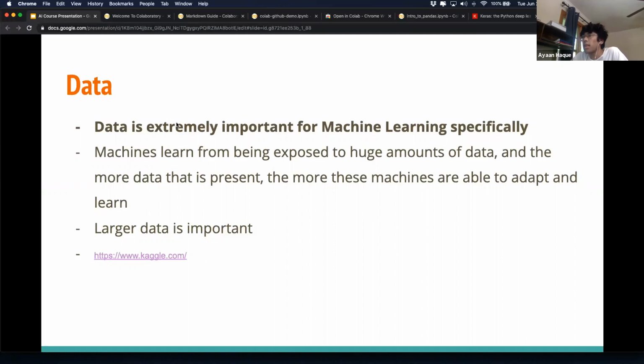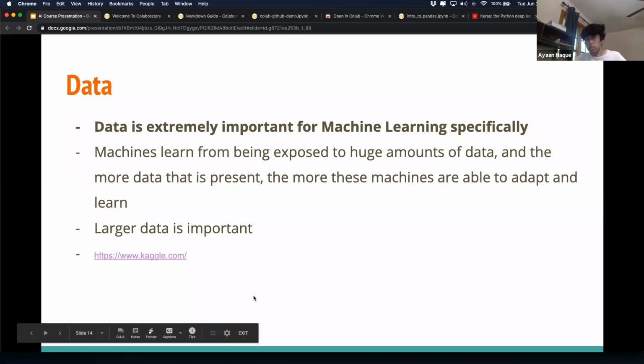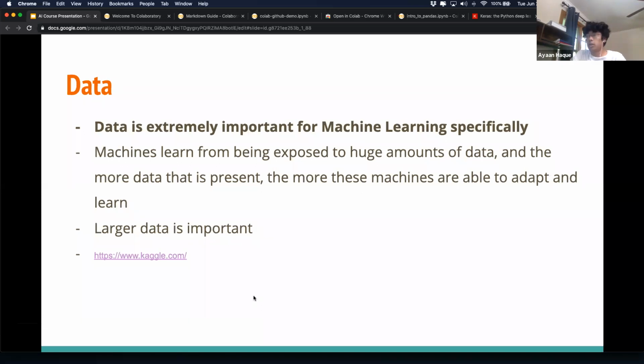And the reason data is so important is because the only way that a machine can actually learn is if you give it data. If I'm trying to teach you something, like right now in this class, I am giving you information. For machines, the information it gets to learn from is basically the data. And obviously, the more data you have, the more a machine is able to learn. Now, one of the barriers as to why AI isn't being deployed in a lot of different situations is a lack of data.